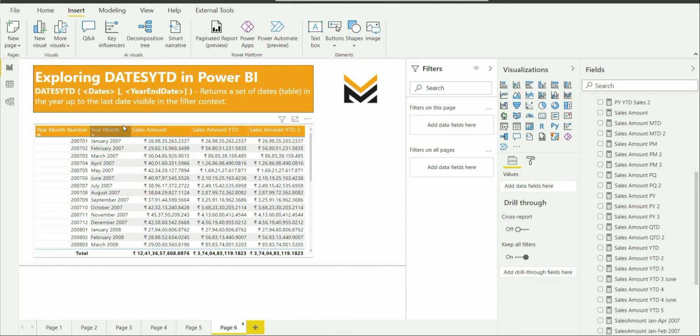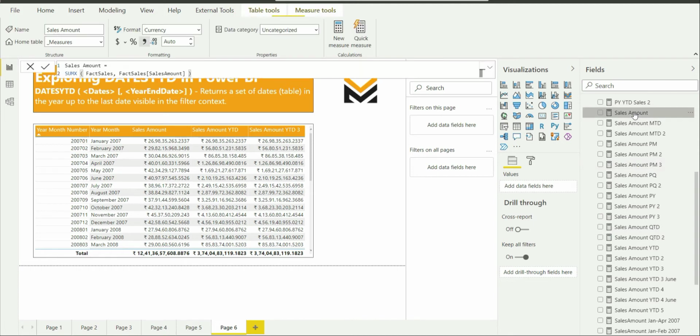Now, coming to our scenario, we have different columns over here. As you can see, we have year, month, number, then we have year, month, then we have sales amount. Sales amount is this measure.